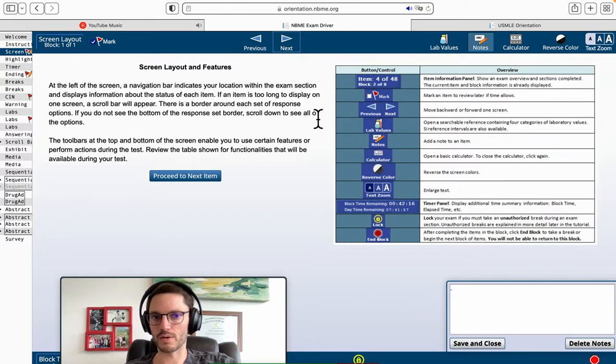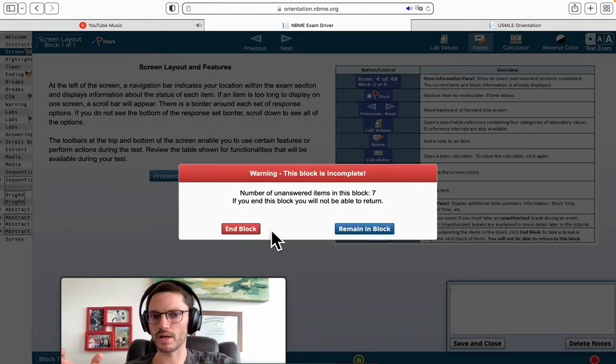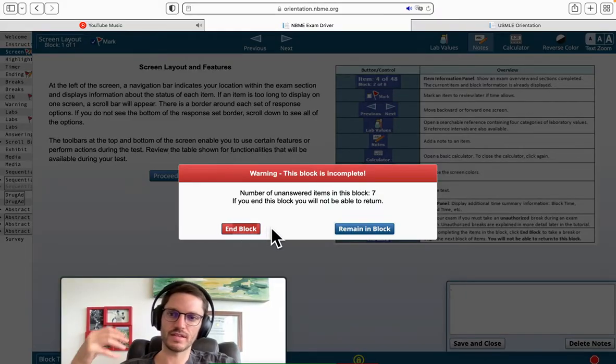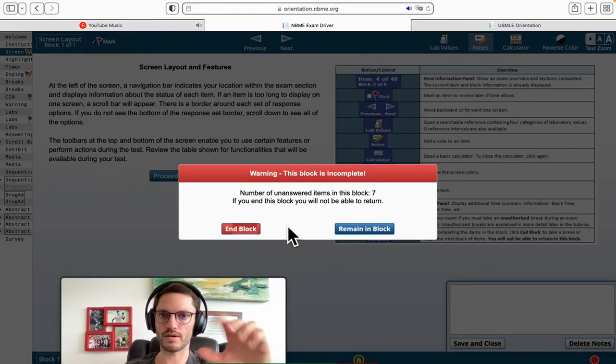Okay, so end block. Who will choose to end the block starting off? No one. Someone that has to leave right now and will probably reschedule because he or she has an emergency of some sort. So this end block, I've actually never even pressed it. When I finish checking my questions, there's usually 20 seconds left, and I just let the clock run out,